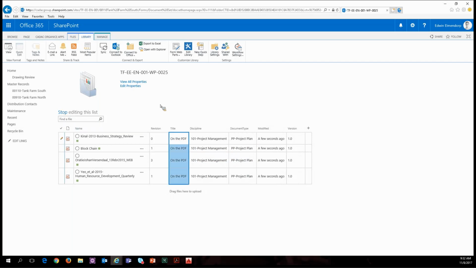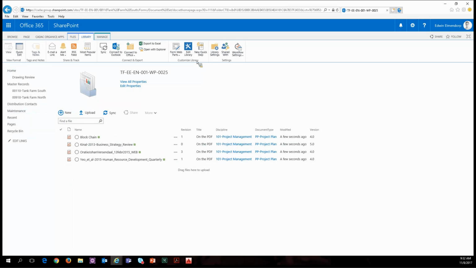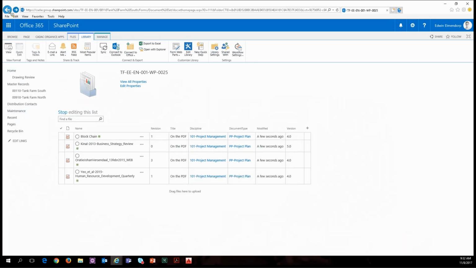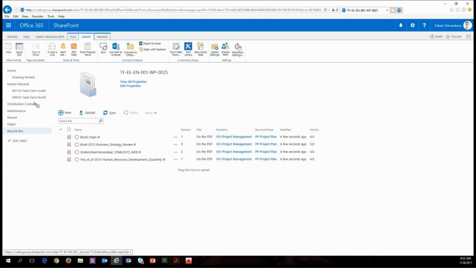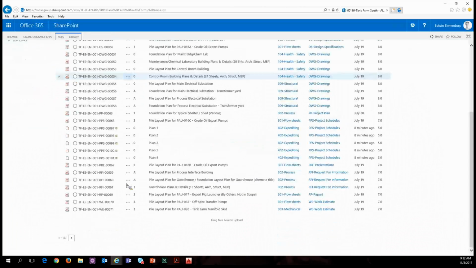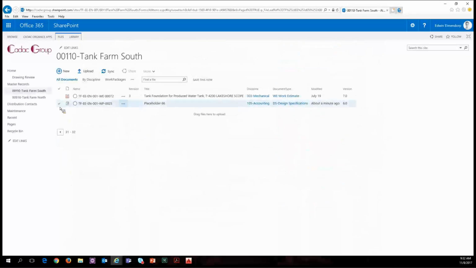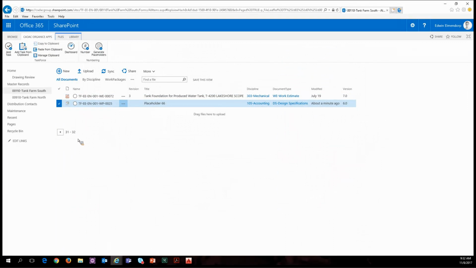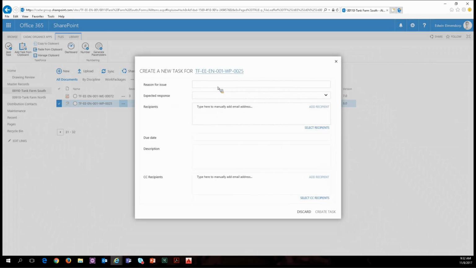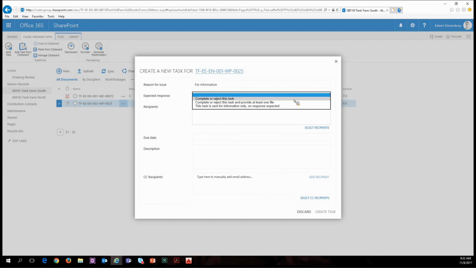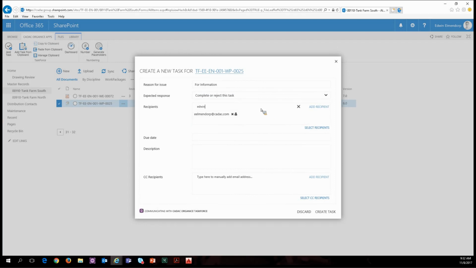Right. Now, what I can do in the system from here, if I go one step back and I want to send out this complete pack of files. Oh, let me just do this. Here we go. I can select this one individual tick box here and say, okay, all of the documents in this set or in this folder, I want to send out these documents to somebody who needs to act on them. So I can say all of these are for information, and I just need you to acknowledge that you received them, and I can say they're again going to me, and they're also going to my personal email address,